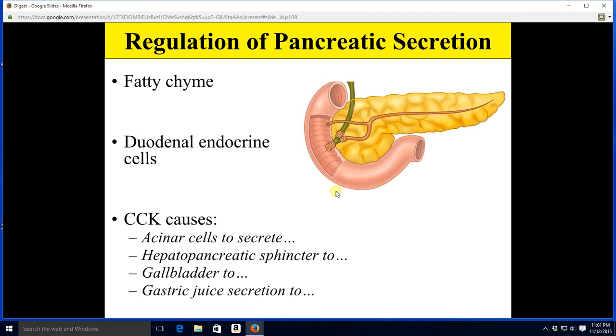All right, but how does that occur? All right, how do we stimulate that to happen? Well, fatty chyme, we just mentioned, causes the duodenal endocrine cells to make CCK. CCK not only acts on the gallbladder and the stomach. Remember, it tells the gallbladder to contract, tells the stomach to stop, tells the hepatopancreatic sphincter to relax. CCK also makes the acinar cells secrete their